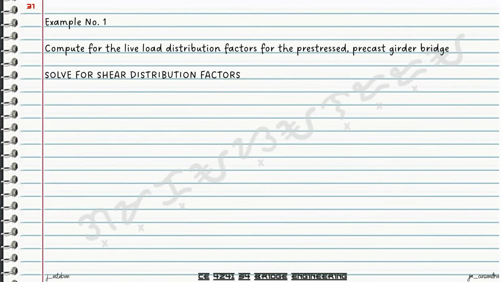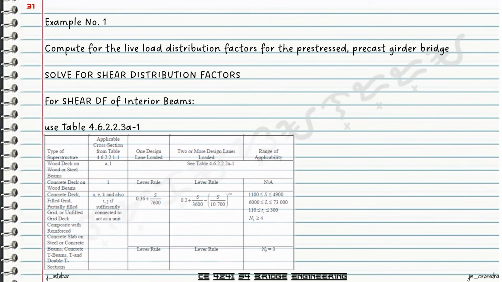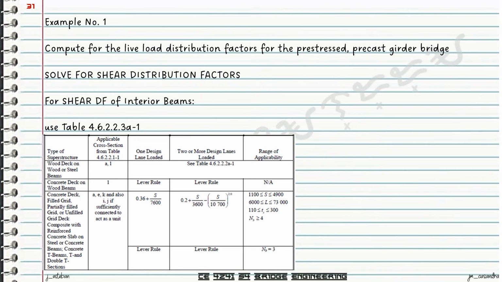So after checking the moment distribution for exterior beams by rigid method, we can now move on to the computation for the shear distribution factors. So we start off first with the interior beams, in which we're going to take now our equations from table 4.6.2.2.3a-1. So again, our cross-section is type K bridge or a type K cross-section. So meaning we're going to use this